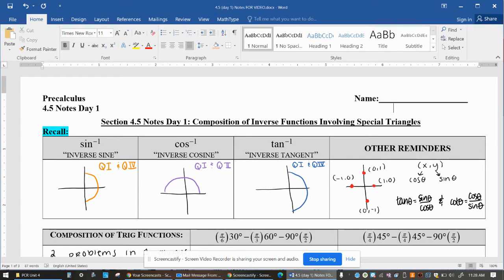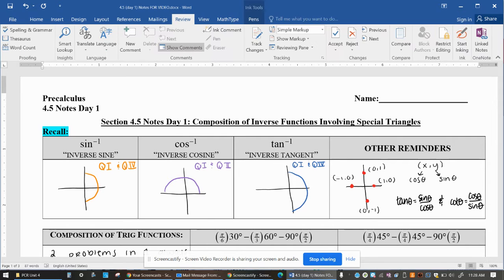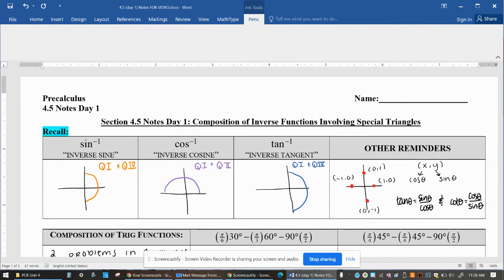Hey pre-calc students, welcome to today's lesson on composition of inverse functions involving special triangles. Everything that you see on your screen right now is a review of what we've been talking about when it comes to inverse sine, inverse cosine, and inverse tangent. They are restricted to certain quadrants, and it's also important to remember that it's not just the quadrants that will help us find the answers. It is also the degree measures